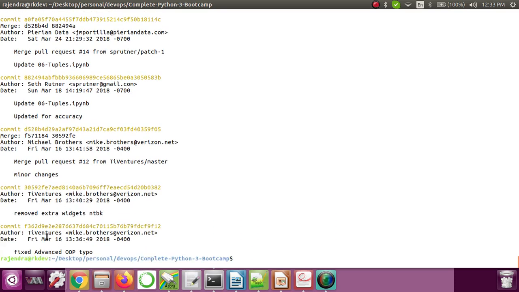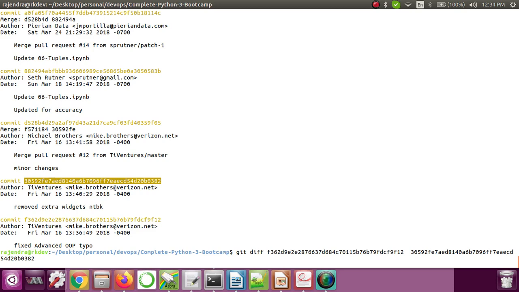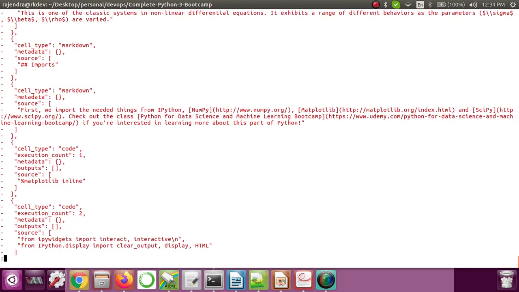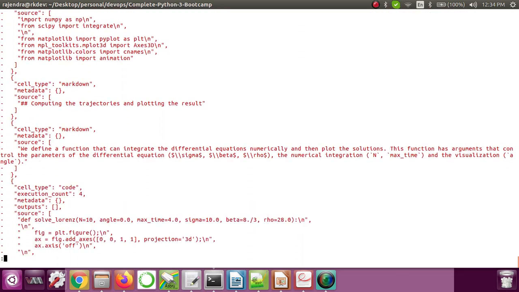Friday March 16, Friday March 16. This is committed at 1336, this is committed at 1340. So let me give this one: git diff, this commit ID, then this one. Now again if you see, all these changes are removed in the latest commit from the old one.